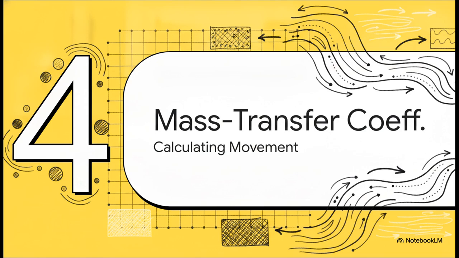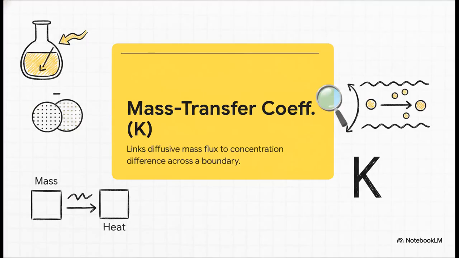Section 4. The mass transfer coefficient. Time to bring in the engineering tools. So to actually make precise, real-world calculations, engineers use something called the mass transfer coefficient, which we represent with the letter K. Now, K is a proportionality constant that links the diffusive mass flux of a component to its concentration